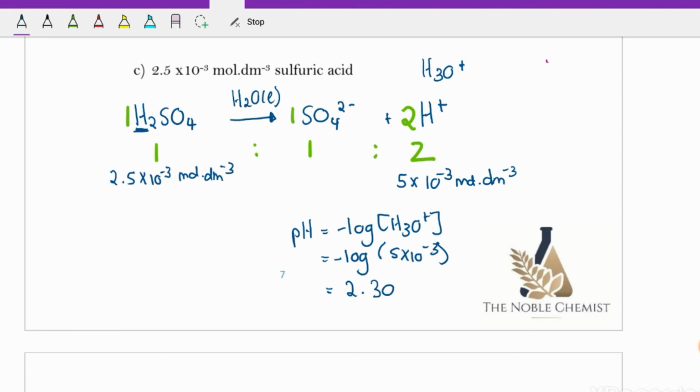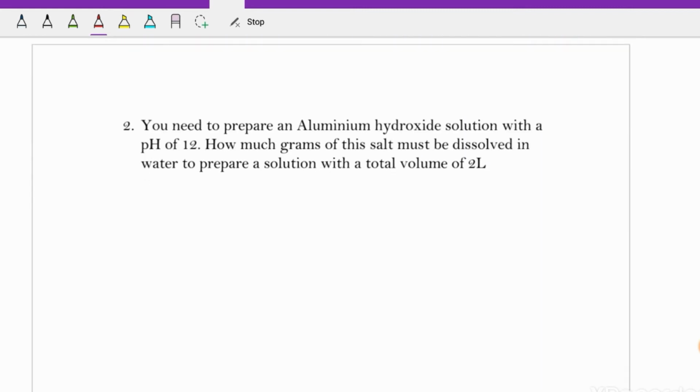Okay, and you can see clearly that it's a very low pH, which corresponds to what you have expected, because you're working with a very strong acid. So the pH should be very low because there's a lot of hydronium ions in your solution, because of the fact that you have a strong acid and therefore complete ionization with a high concentration of hydrogen ions. Okay, so let's go to our last